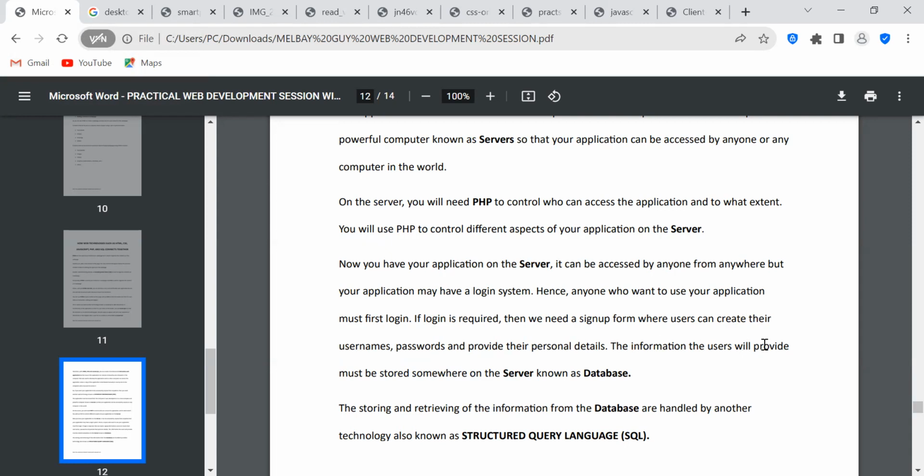The information the users will provide must be stored somewhere on the server known as a database. So any data that your application will be requesting from people must be stored somewhere, so that in the near future, the application can still remember that data and use it for further processing. And when we are dealing with a database, the storing and retrieving of information from the database